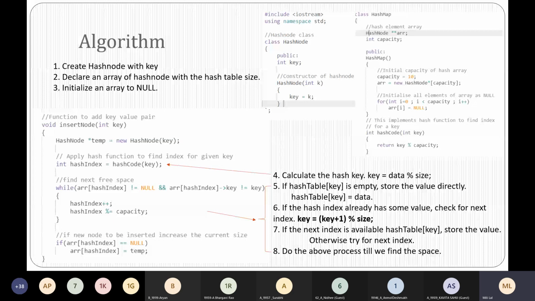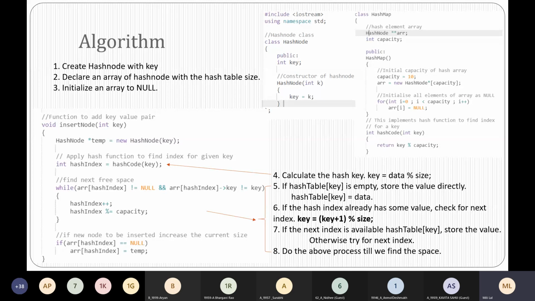And then once you get the key value, you will have to see whether that particular index is available or not. So if it is not available, you will have to increment the index and again find the key to find the next available slot.